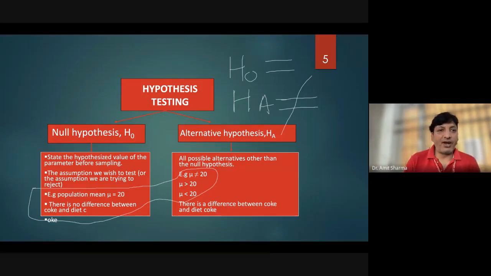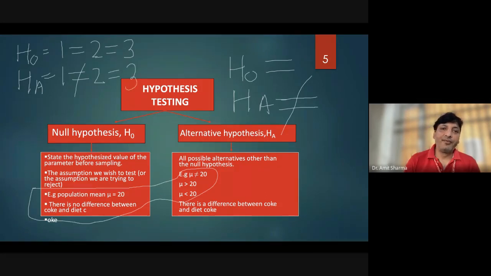For example, if I want to write the null hypothesis for ANOVA, what do I write? That sample 1 is equivalent to sample 2, and sample 1 and 2 are equivalent to sample 3. This is the null hypothesis for one-way ANOVA. And if I want to write the alternative, I'll say that 1 and 2 are not equivalent, but chances are these are equivalent. Or I can write it in such a way also, and I can cross this also. So both will be acceptable under the alternative hypothesis.